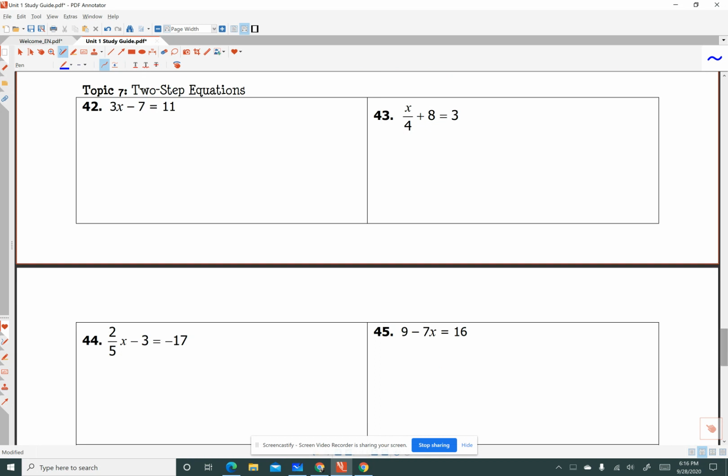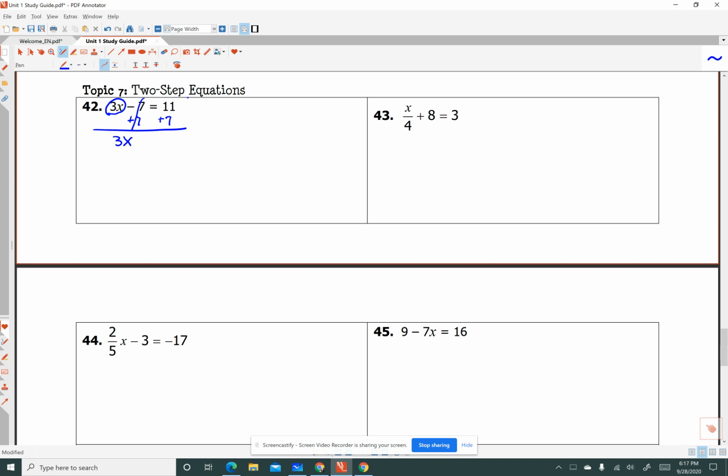And let's move on to the last page. And we have some two-step equations. The first thing we want to do, we have to isolate this 3x term. We have to get rid of the negative 7 by adding 7. Whatever we do to one side, we do to the other side. And that cancels 3x, 11 plus